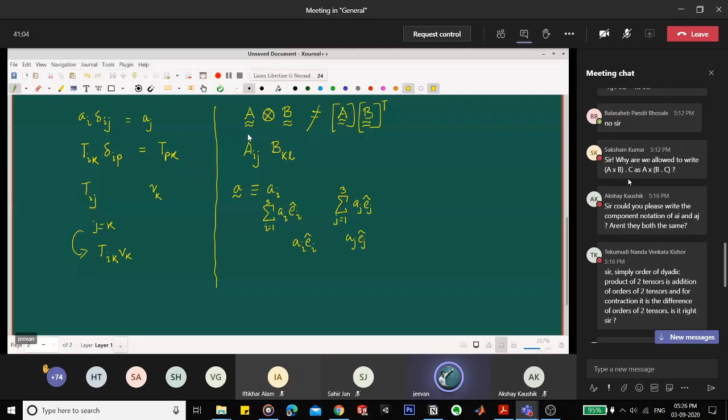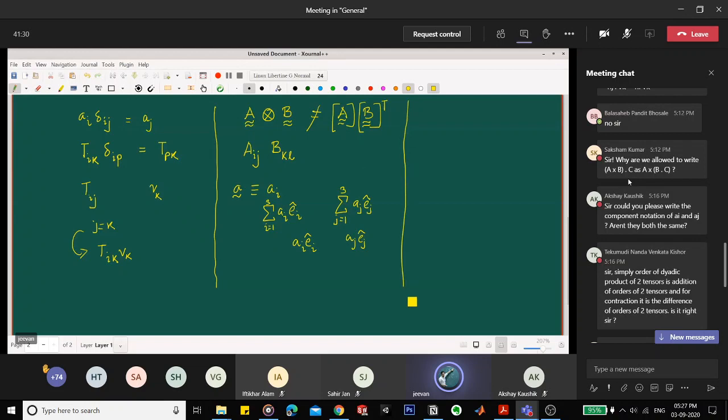You take this example itself. Here we are performing the dyadic product of two second order tensors A and B. This is far more explicit in the index notation. Here we have Aij and Bkl. This is the dyadic product, and this is very much a tensor of order 4. Individually this was order 2, this was order 2. Total is 2 plus 2 equal to 4.